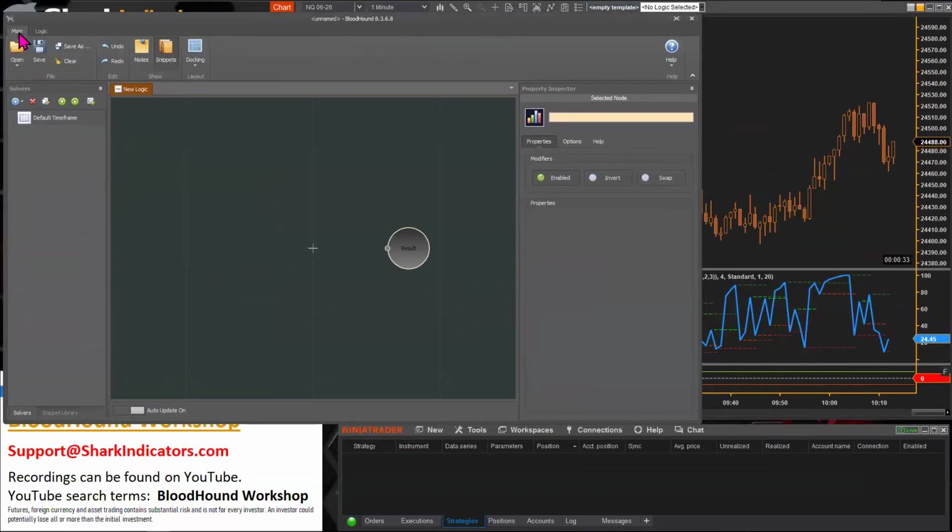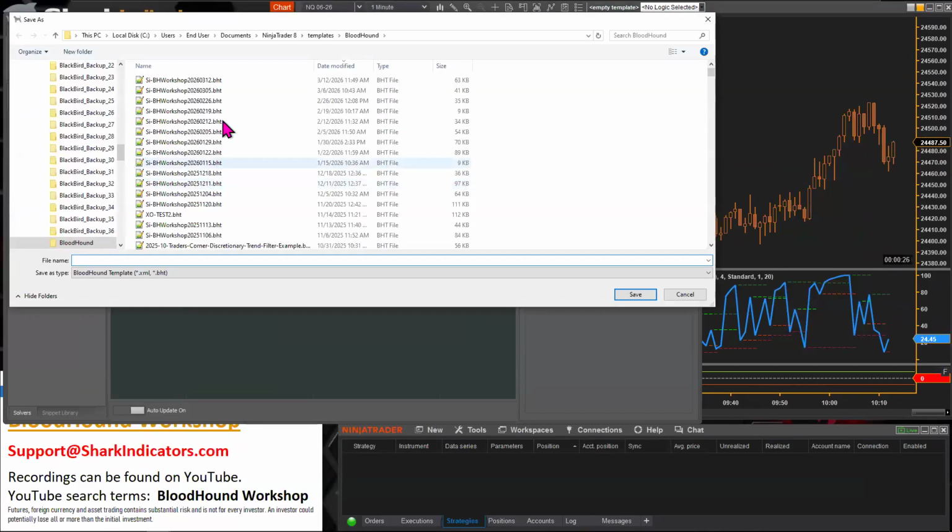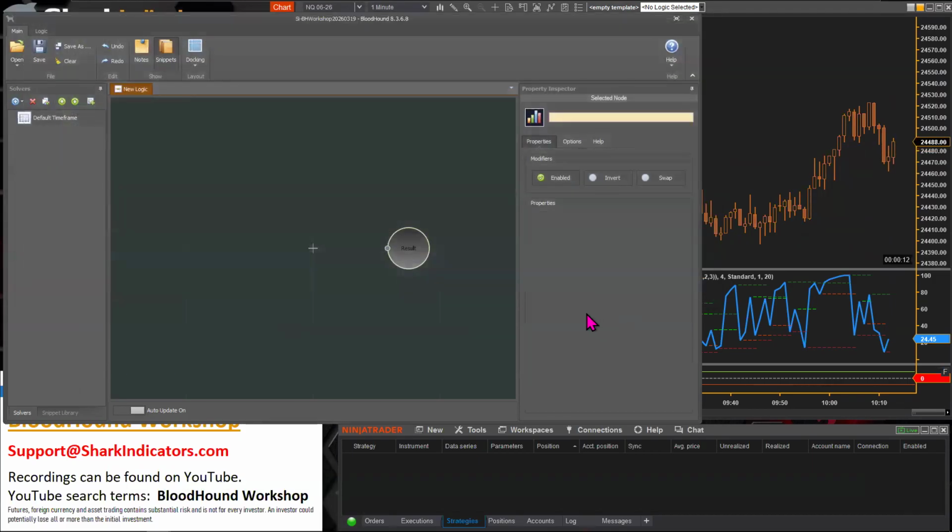All right, so let's go to the main menu tab, click save, and put in today's workshop date, which is the 19th. There. All right, click save. There we go. Now we have a file name that all of our work gets saved to there.